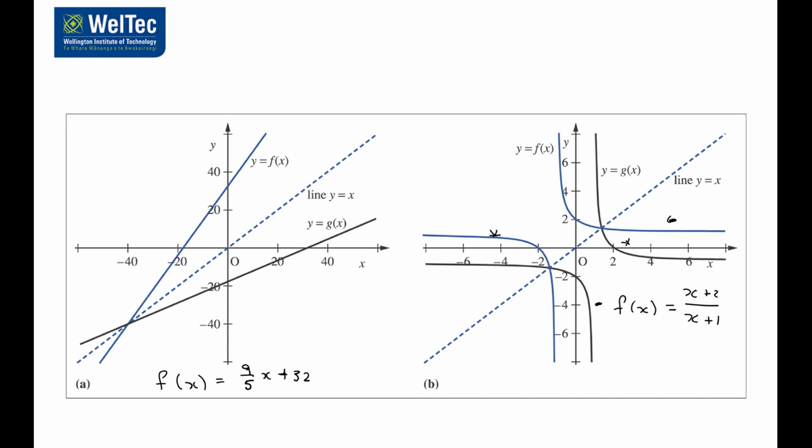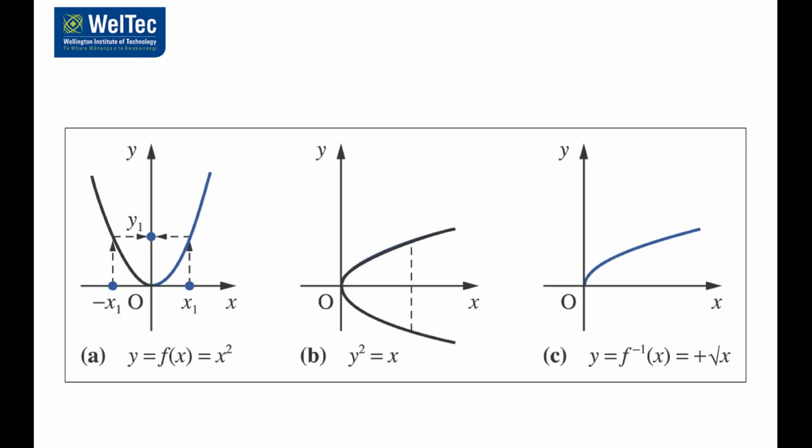Each time it's going to give us the inverse. Each of those bits are functions, so that's fine, and we could work out what the inverses were by rearranging it algebraically as we did on the previous slide. Have a look at diagrams A and B, and we see from A and B that there's no immediate inverse